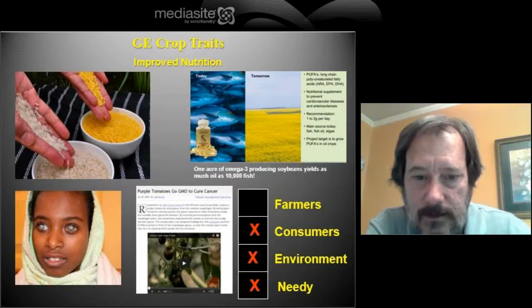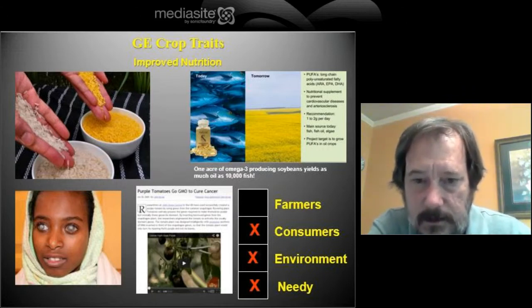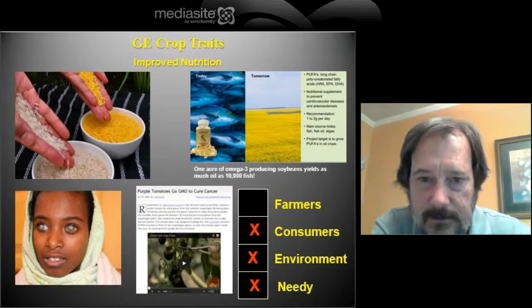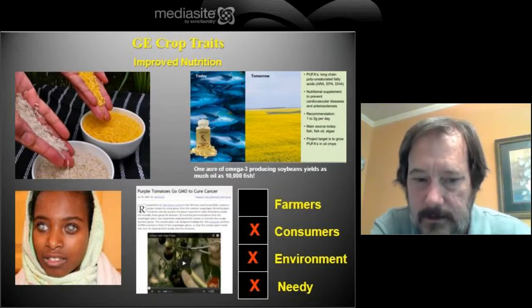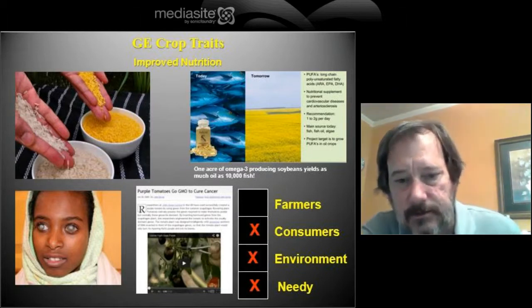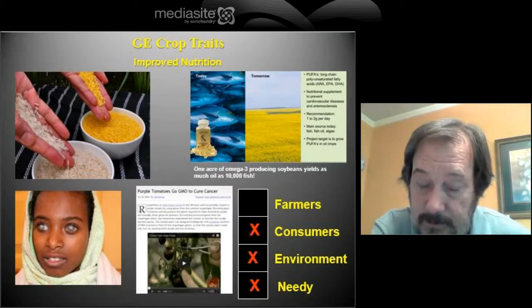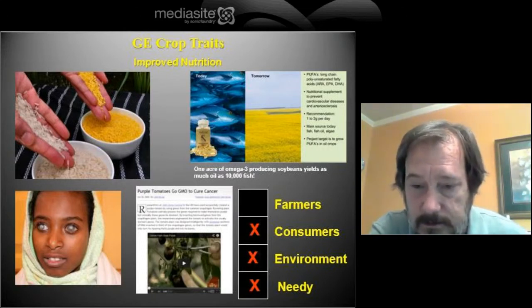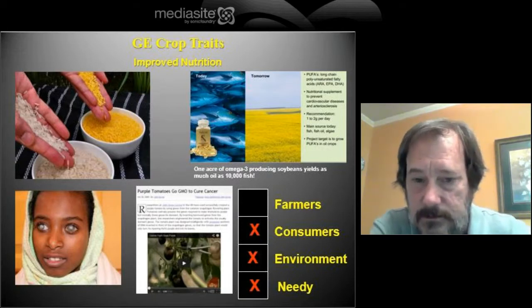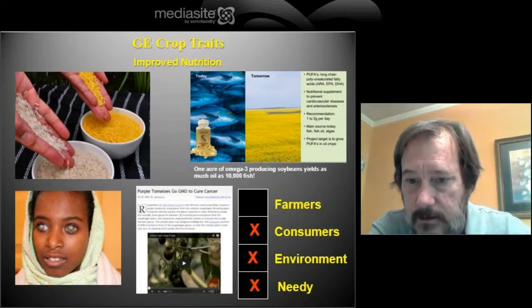On the bottom left, you see that golden rice, which is on the top left, has increased beta carotene, which is what humans need to make vitamin A. About 500,000 people go blind every year due to vitamin A deficiency in developing countries. And about half of those die within a year from other complications due to vitamin A deficiency. So certainly that would be a plus for